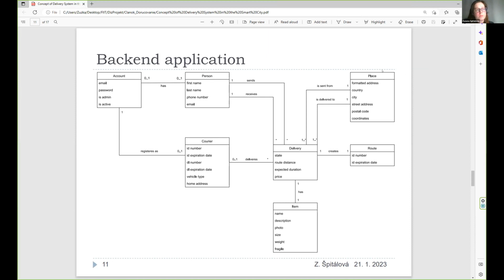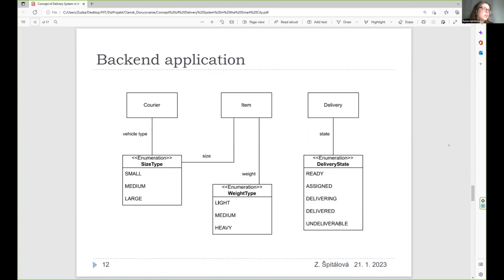Also, we have the table for the places, so it means the table for the addresses, like source, destination, some coordinates, and the routes which are created also for courier and for the delivered package. After that, when we created this logical model for these relations between tables, we also considered some changes, and we changed the items like